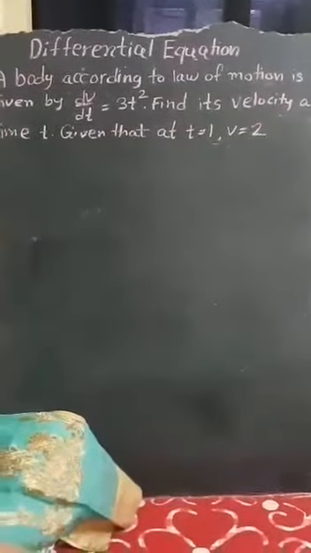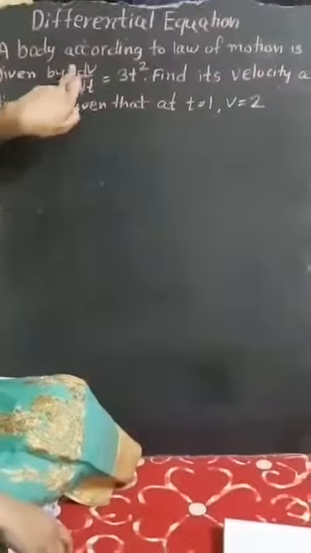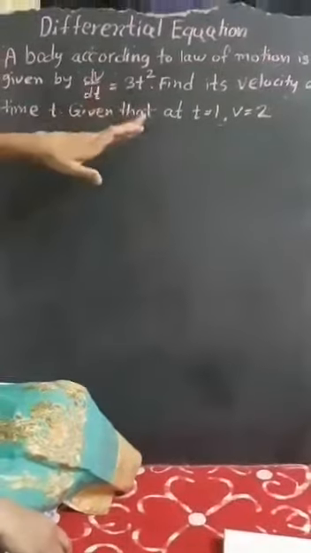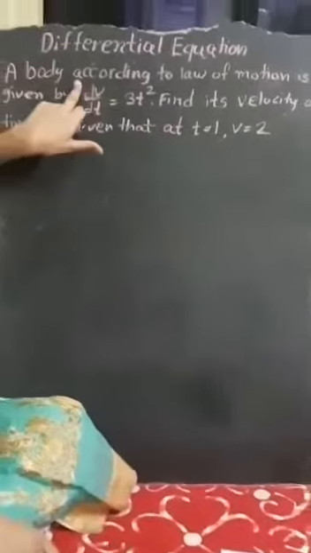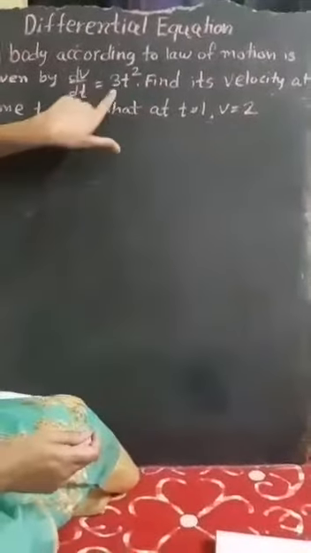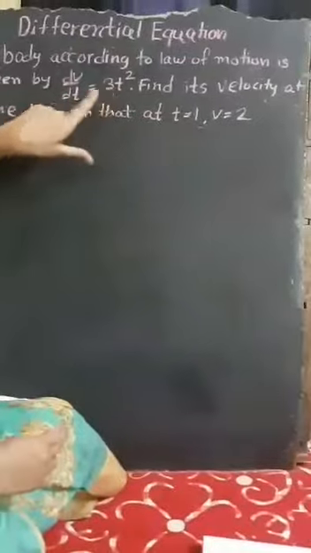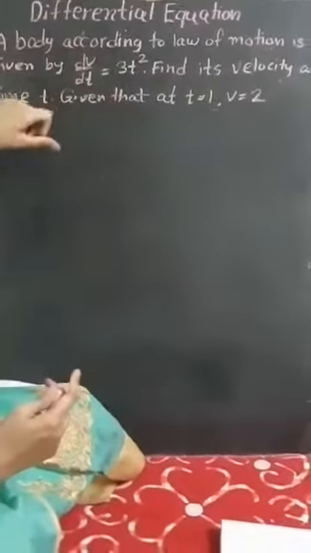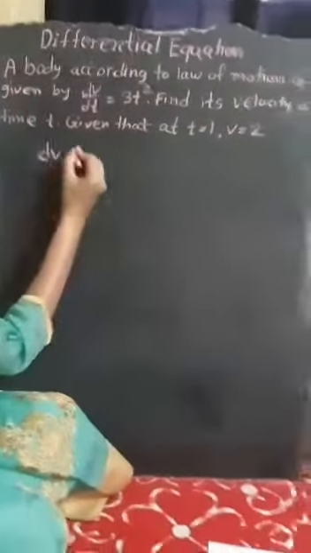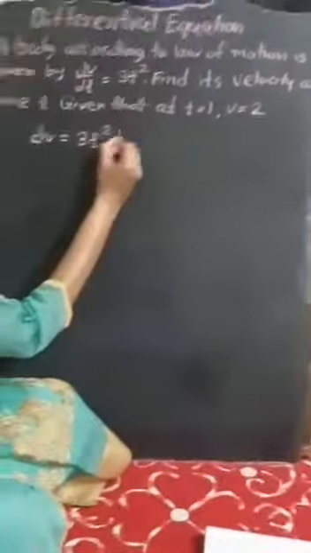So here how many variables are there? Two variables, like dy by dx, we are having dv by dt. So V is velocity and it is a function of time. So instead of dy by dx, we are having dv by dt. Okay. So you can easily see we are having only function of t, no function of v. So easily we can take this dt on right side and we will get this as variable separable form. So I will get dv is equal to 3t square dt. Agree or not? It's very simple.